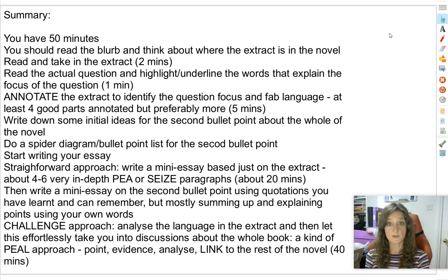Think about the second bullet point about the whole of the novel and just throw down some ideas that you've got, and spend about a minute probably doing that. A spider diagram or something for the second bullet point. Then you can start writing your essay, and the easiest way to write your essay is to chunk it into